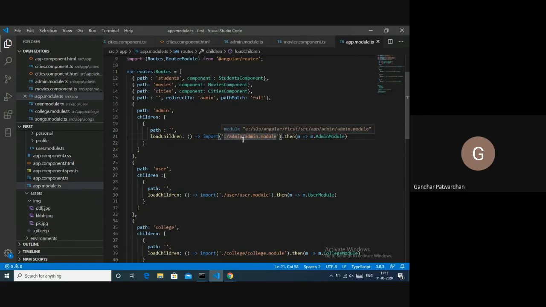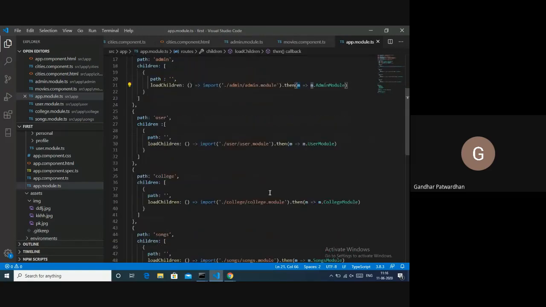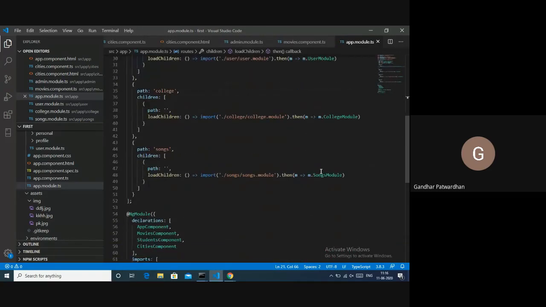It says ./admin/admin.module.ts, only .ts is not required. Then we give a then, and inside that again a function, where we say m.AdminModule. The same way for user, college, and songs.